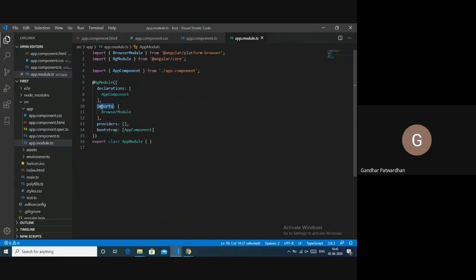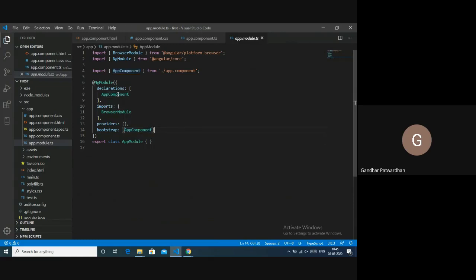The second key which you find is imports. Whatever other modules you need to import, you can import them here. I will come to what exactly a module is, but before that, let us try and understand the structure. So we have a declarations key and its array, and an imports array. Then we have a providers array, which is generally used for services. And we have a bootstrap. This bootstrap has internally been filled by Angular itself.